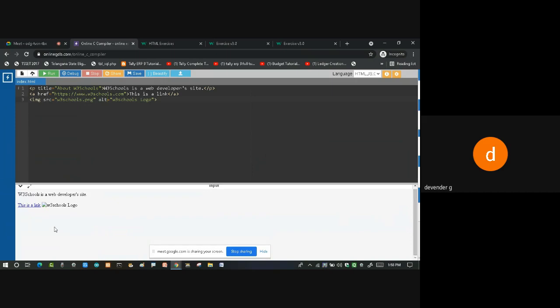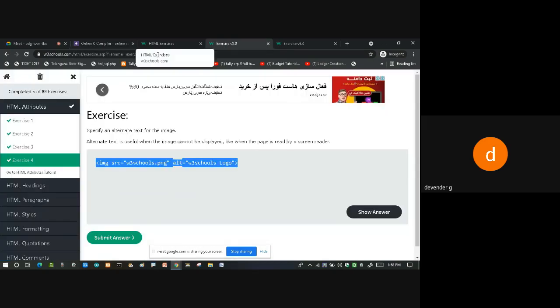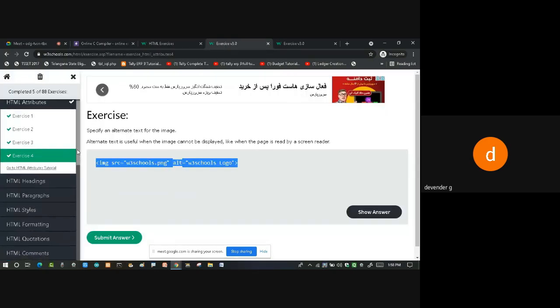Here the image is not available, so the image has been replaced with some message. If the image is there, this will not appear. If the image is missing, I'm going to get the message. So it's an alternate text in case the image is missing. Source is for the location of the image. Width and height are for wide and tall. Alt is for the message if the image is missing. So these are the attributes, right?